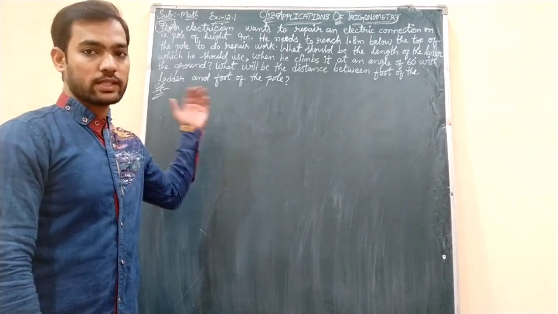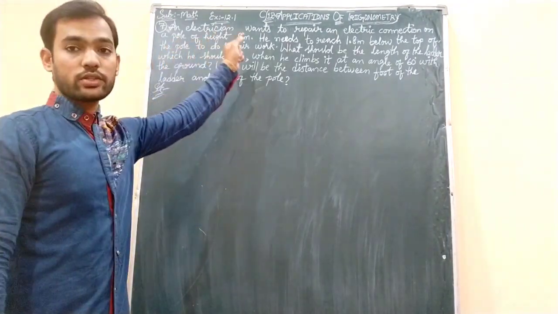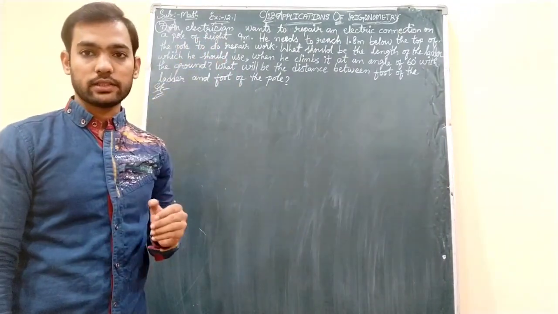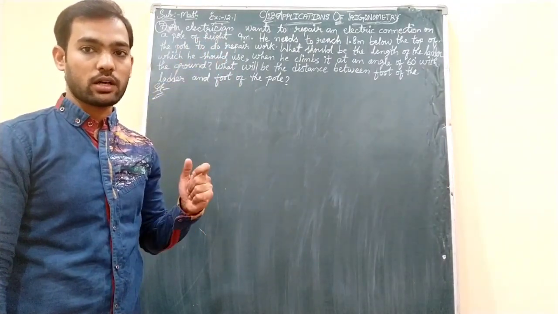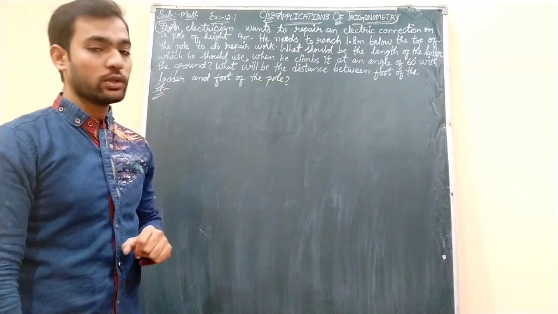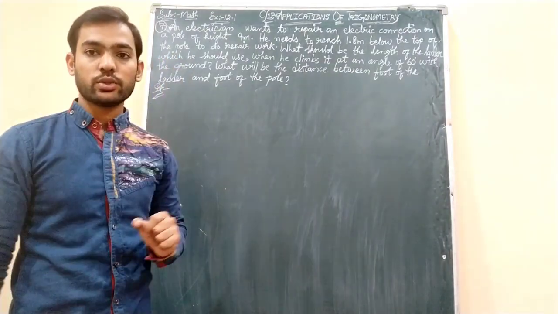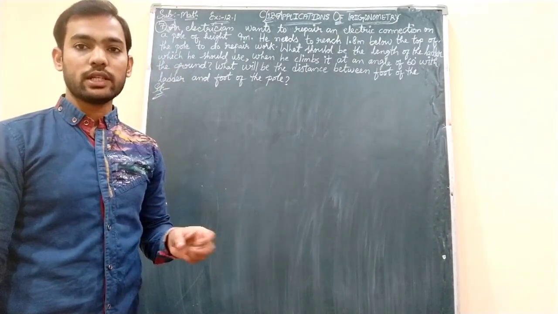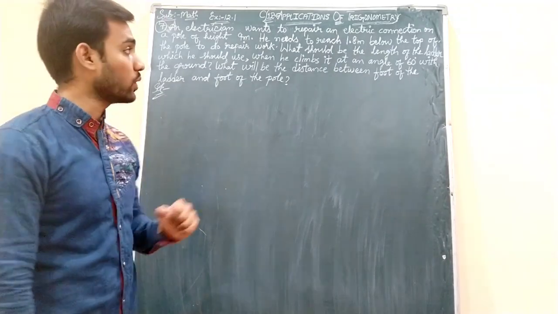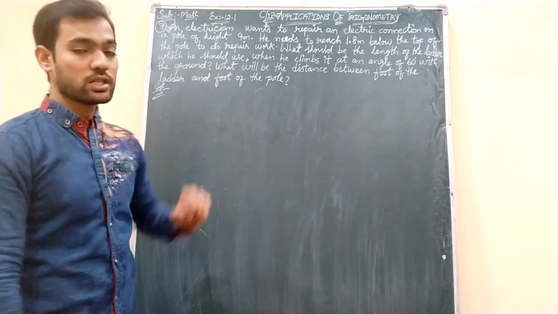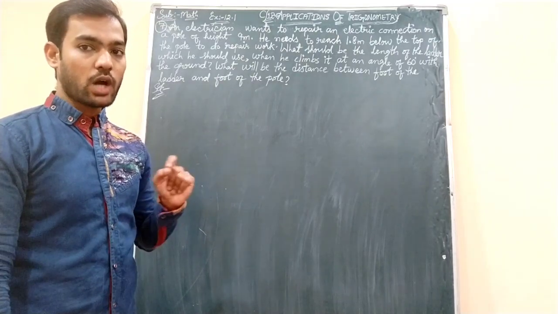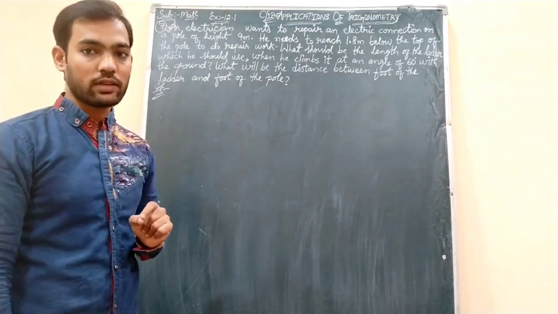Now question number 7, students. An electrician wants to repair an electric connection on a pole of height 9 meter. The electrician has to do some repair work on a pole whose height is 9 meter. He needs to reach 1.8 meter below the top of that pole to do the repair work. So for doing that repairing work, he is not going till the top. He is going 1.8 meter below the top of that pole. What should be the length of the ladder which he should use to reach that 1.8 meter below the top of the pole? That we need to find out.